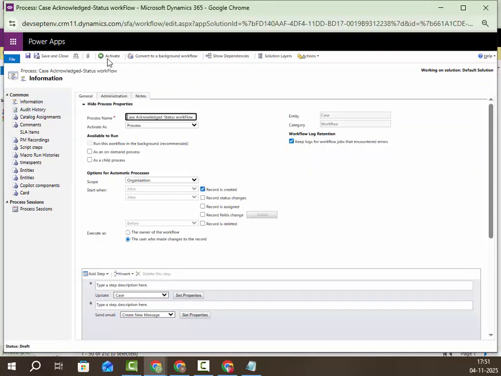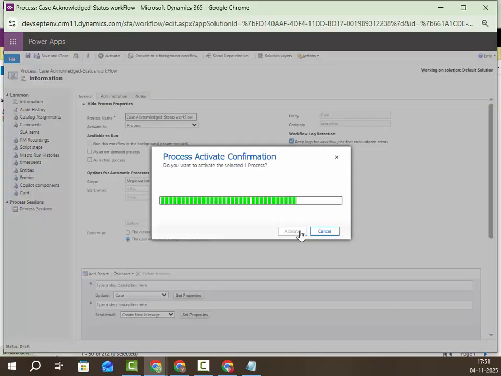So now you see, run this workflow in background is unticked, because we selected convert to real time workflow. Anyway, activate it and save and